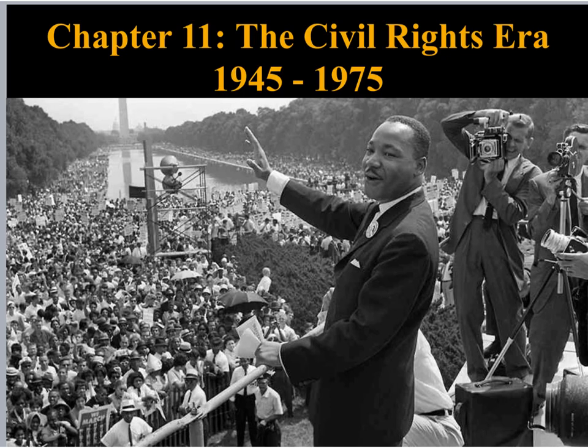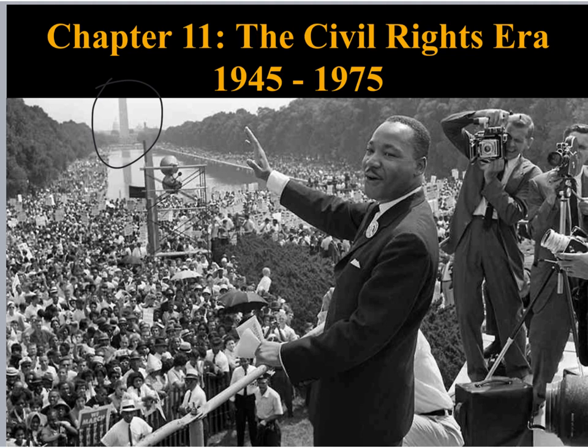The Civil Rights Movement, which went from 1945 to 1975, is highlighted by this picture here of Martin Luther King Jr. giving his famous I Have a Dream speech at the Washington Mall. You can see the Washington Monument in the background, and this image is iconic for this time period. You have thousands of people gathering here to hear what Martin Luther King Jr. has to say on African Americans and all races and genders achieving social equality, and migrant farm workers